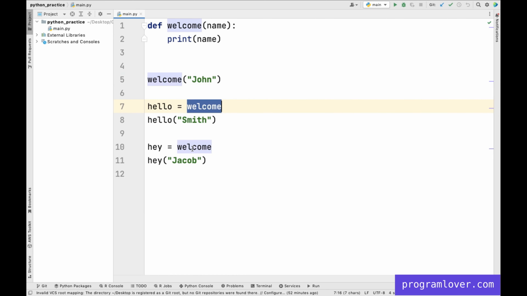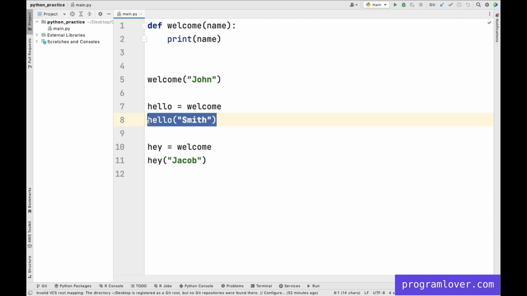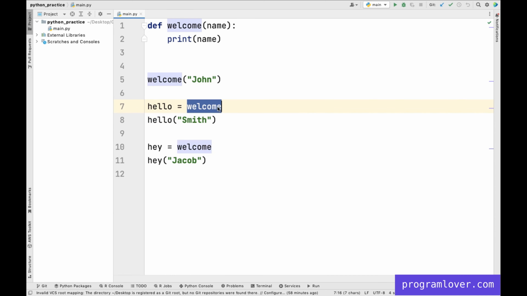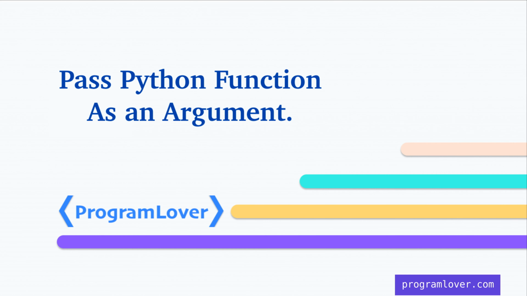But on the second and third times, we call the welcome function and assign it to variable names, and then we pass the input argument to the variables. Here in this case, the welcome function is an object and the variables hello and hey are the identifiers for the welcome function object.